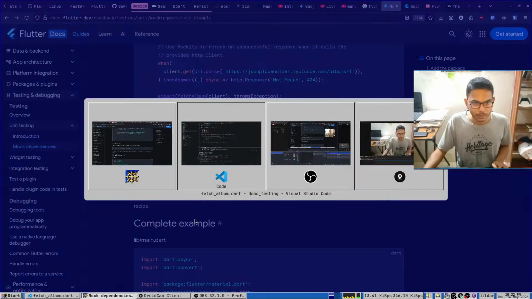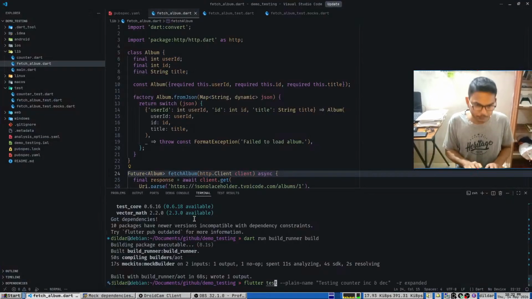So flutter test will just choose the file, fetch album test dot start, then that's expanded,